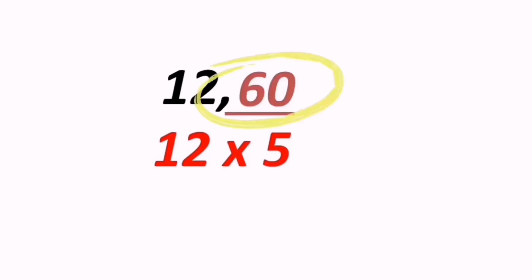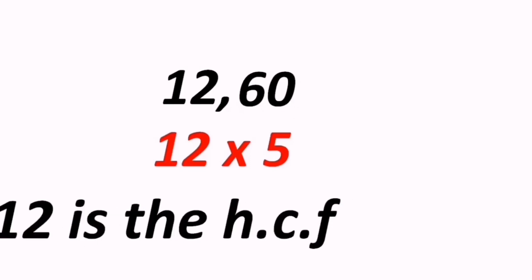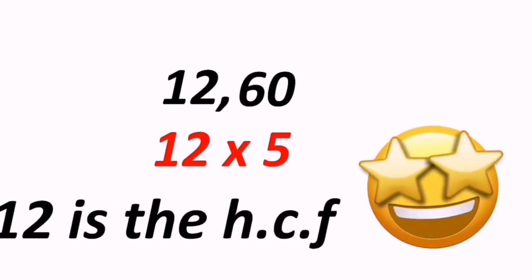So here is the first sum. The numbers 12 and 60 are given to me, and just by observation I need to find the HCF or GCD of them. Right now, first, which is the smallest number of these two? It's 12, right? And if you say the table of 12, we get 12 5s are 60, right? And once this happens, you can say that 12 is the HCF of 12 and 60.